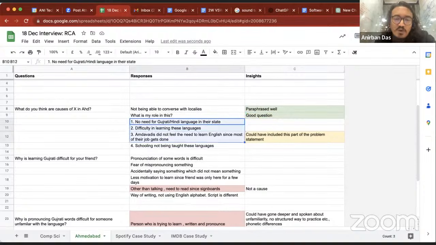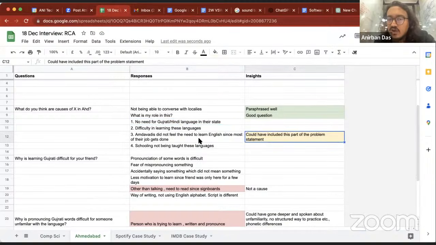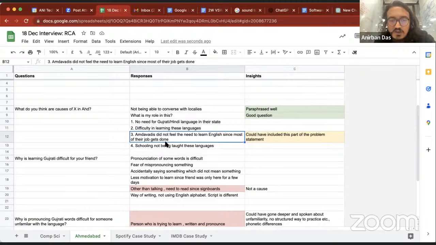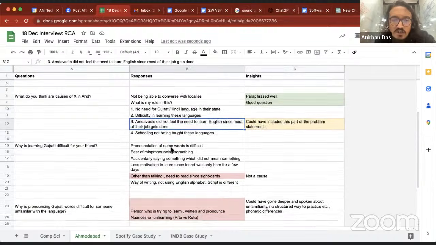For the 4 hypotheses that you initially came up with, I think initially you came up with 2. You approached this completely from the point of view of the person who's visiting the state, but you did not think about the other part of communication. Communication is two-sided, and you could have possibly included that when you were coming up with the hypotheses. But when I nudged you, you actually went ahead and said that similar problems exist on the Ahmedabad side as well. So you were able to cover that.